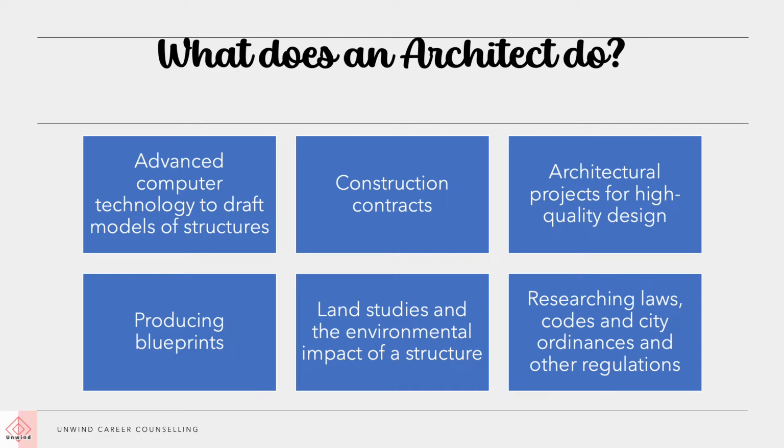There are construction contracts that he has to get in. He needs to oversee the architectural projects to ensure functional and high quality design. He produces blueprints for a new project. These blueprints can be on paper, or can be on computer. He composes pre-designed figures that may include cost analysis, land studies, and the environmental impact of a structure, for which